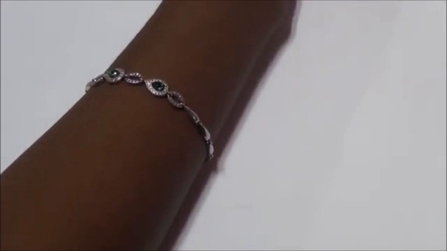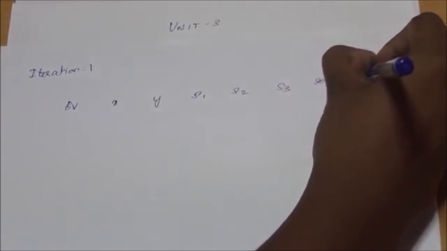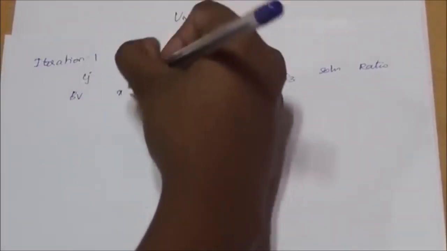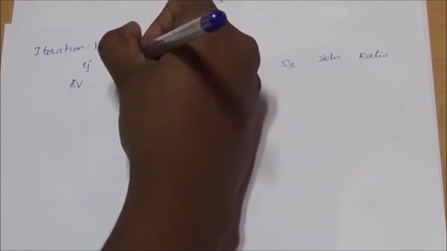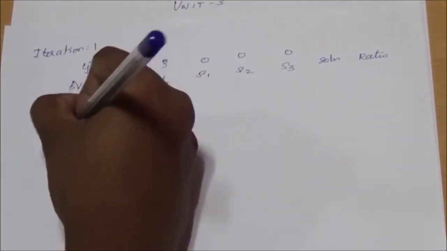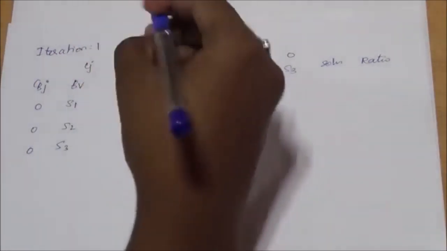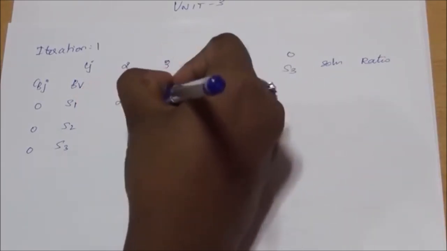First iteration. Basic variables, we have to list all the variables present in the constraints given. We have to write their corresponding coefficients given in the objective function. Here we have to write the slack variables and their coefficients in the objective function. Here we have to write just the coefficients of each variable in each constraint given.